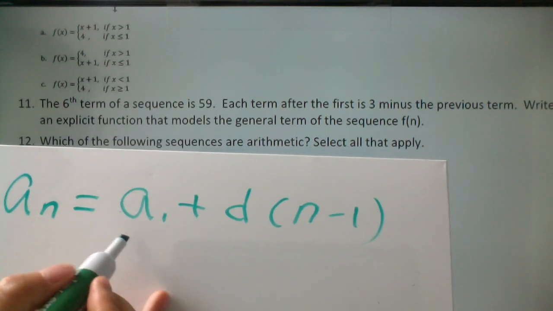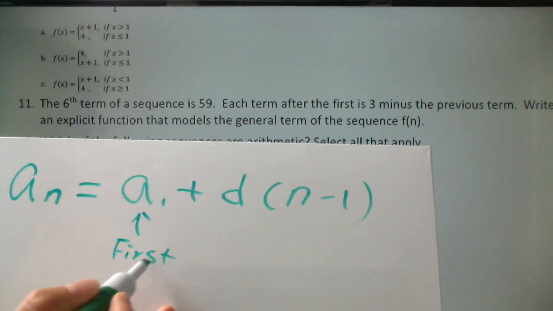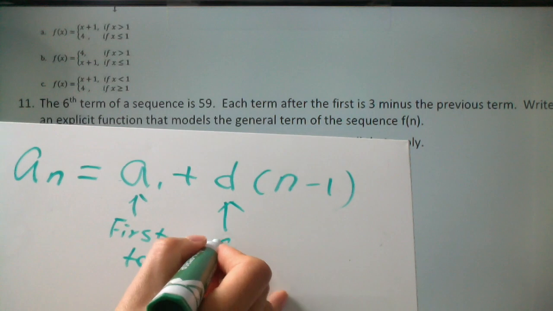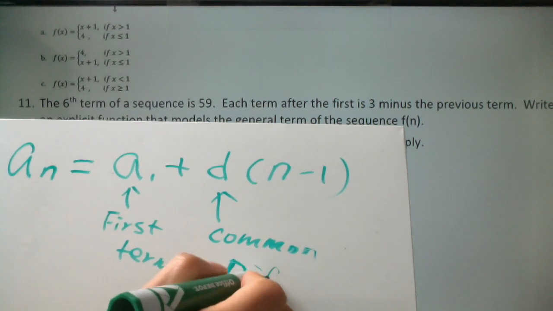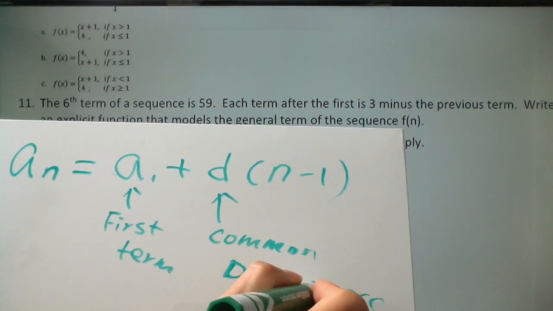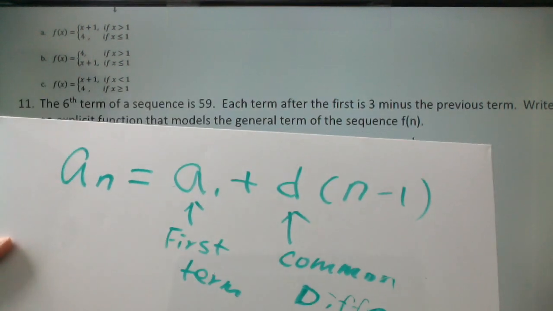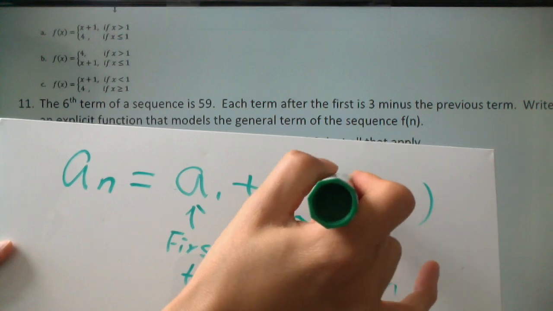Okay, so a1 was the first term, d is the common difference, okay, so n